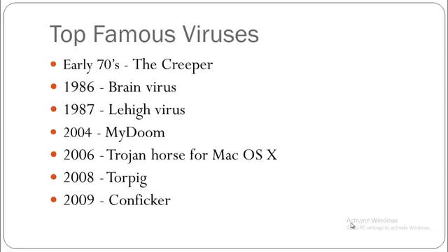So yeah, after that I told you that I would be teaching you the most dangerous virus of all times. So in the first half of the 70s, or late 60s or early 70s, you can say, there were rabbits. Yeah, you heard me right. Rabbits cloned themselves and they occupied the system resources, slowing down the productivity. So rabbits were one of the most dangerous viruses of all time in the late 60s or early 70s, and they were the most famous.